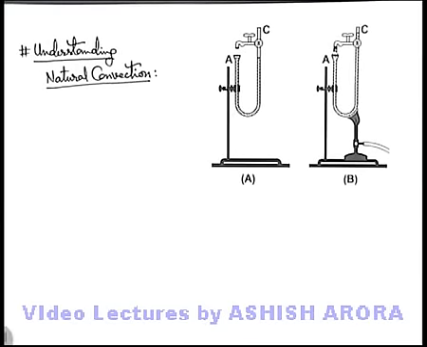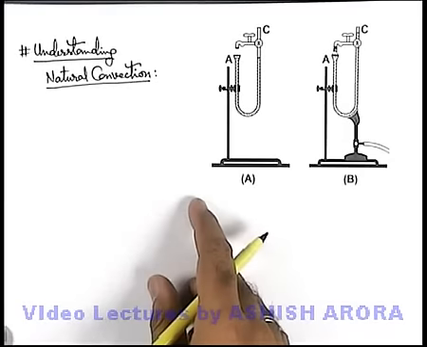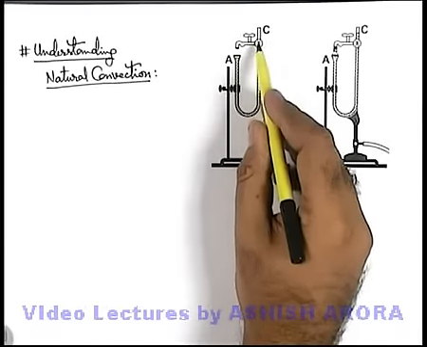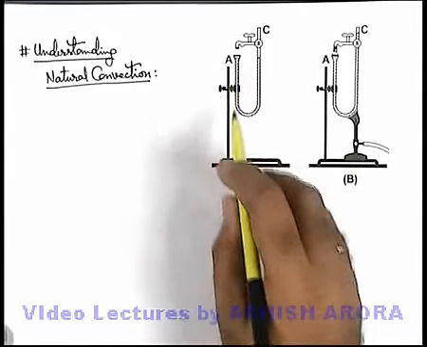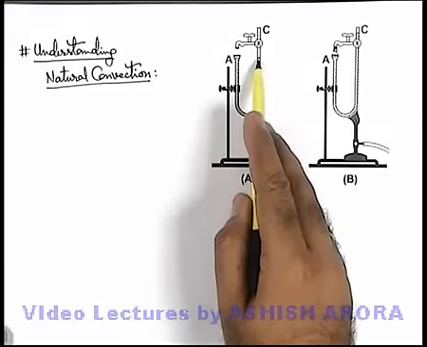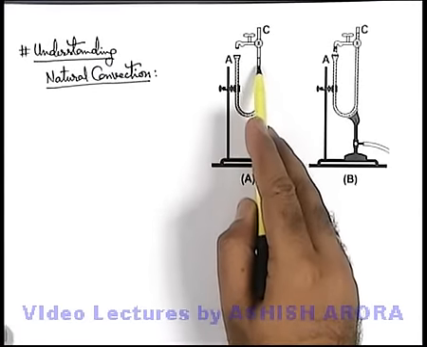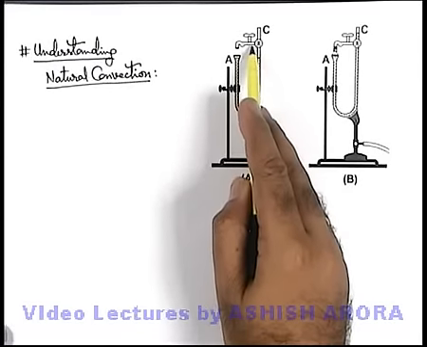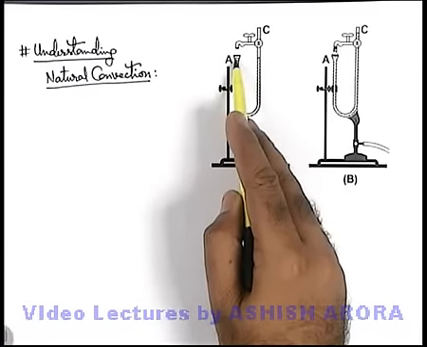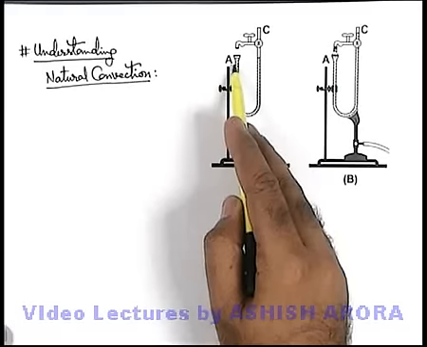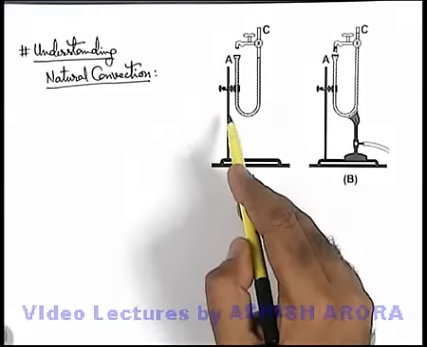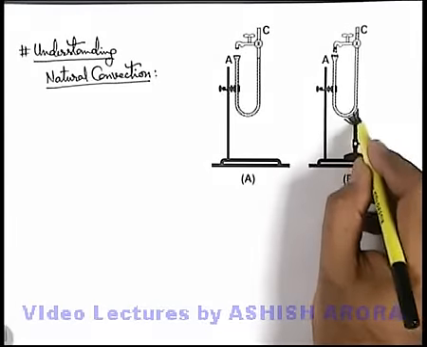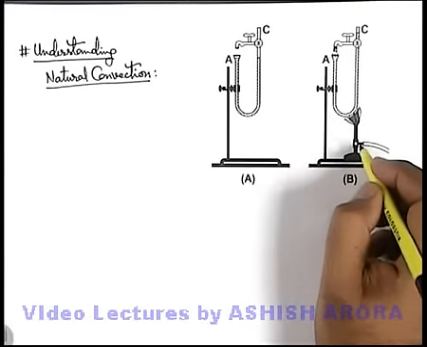Let's discuss a very good illustration for understanding natural convection. Say we are given a U-shaped tube in which water is filled up to a given level, and in the right arm of the U-tube a tap is connected, but water is not filled up to the level of the tap, and on the other side the tube end is open, which is below the level of the tap. Now in this situation, say if we put a burner and we supply heat just by lighting the